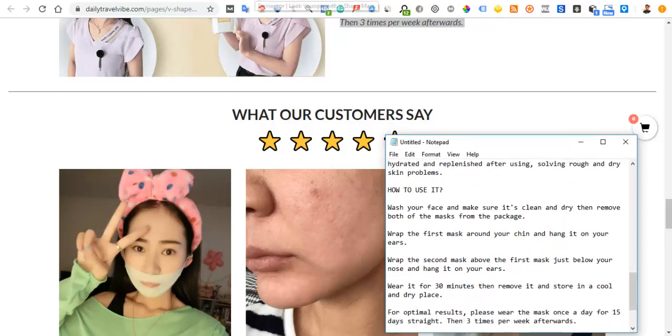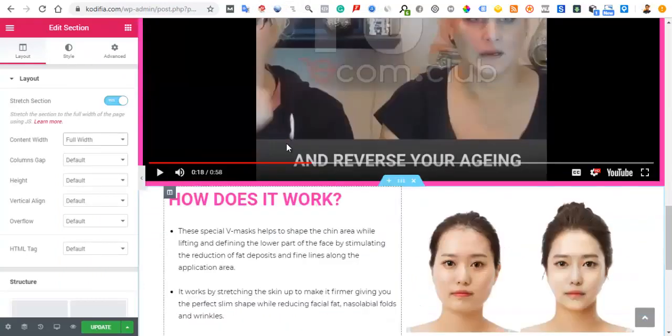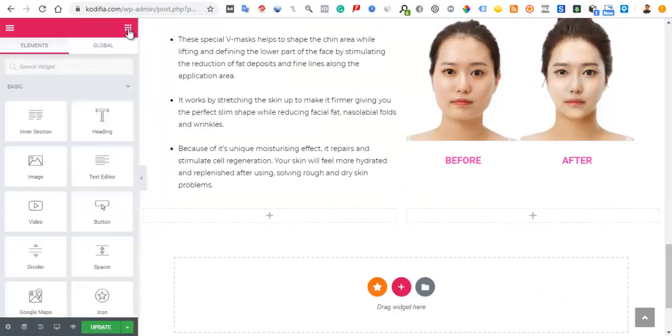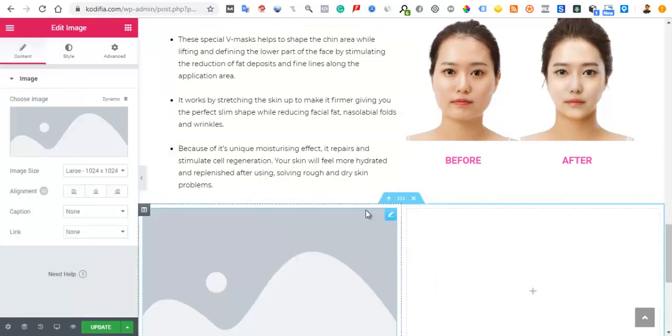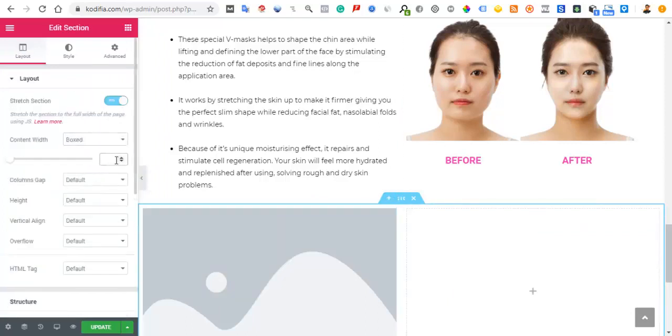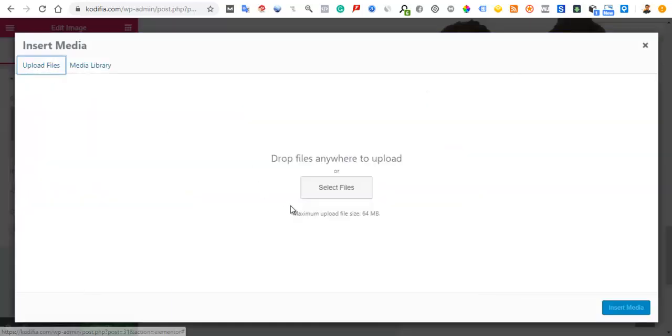Okay, so I'm going to go back here and then right here we're going to add a photo. Okay, so let's come back to our elements and add images. Okay, here we're going to do both. I'm going to do 965. Let's do 965. Okay, so for the image we can click on that, upload what we want,